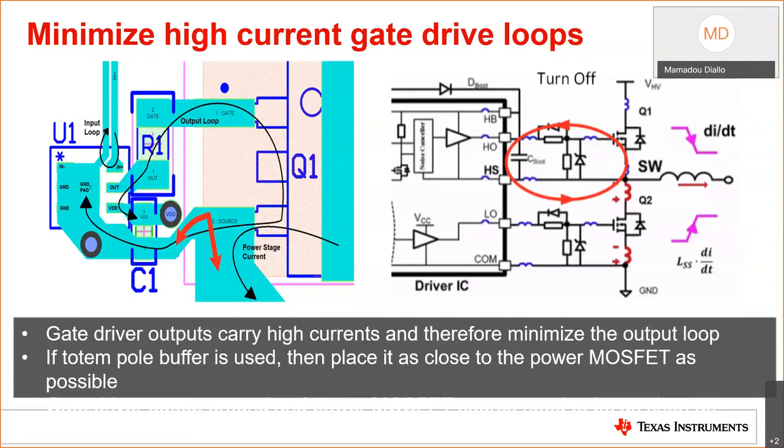When using totem pole or BJT buffers for current boosting, you might want to place these as close as possible to the power transistors. And in most cases, the gate drive loop is one of the leading causes of parasitics in gate drive applications, because this is typically the last part in the power stage where customers will focus, prioritizing the power stage rather than the gate drive portion itself.